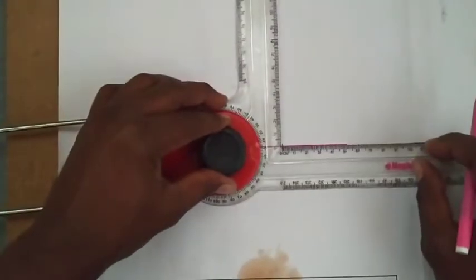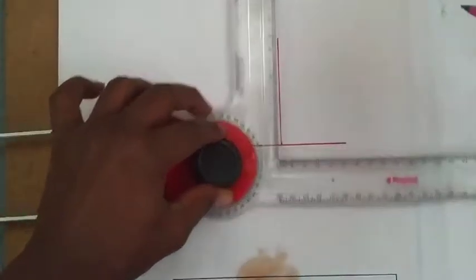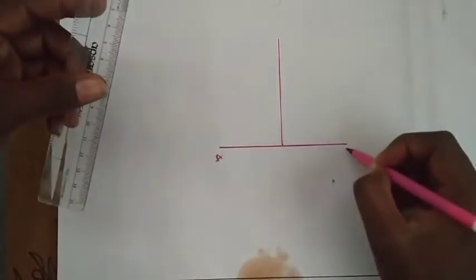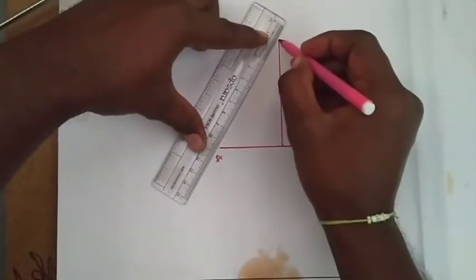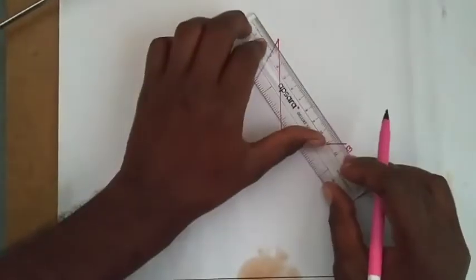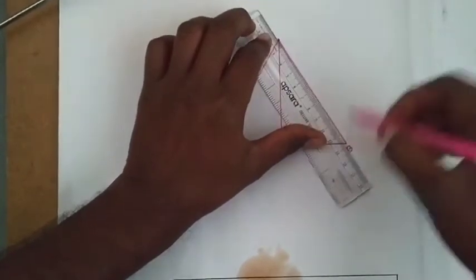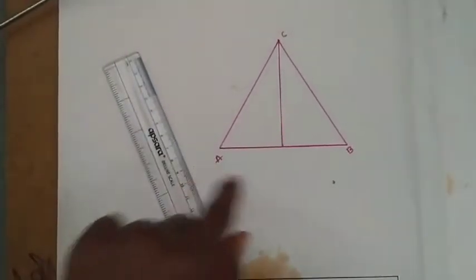From the middle point of the base you have to draw an 80 mm line. This is the height of the axis of the triangle. Let this be AB. Next, join the axis point to A, and the axis point to B. Let this point be C. Here we have triangle ABC.